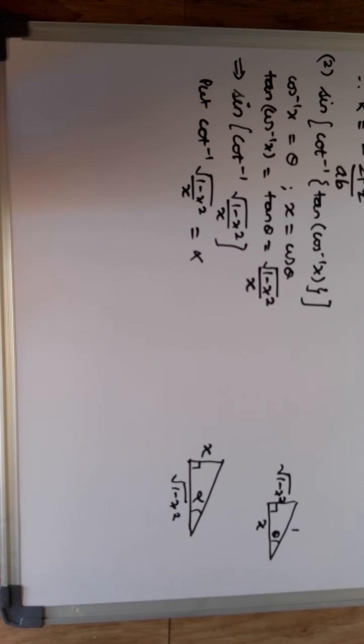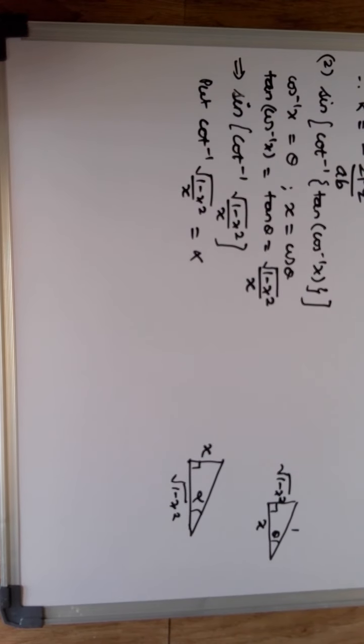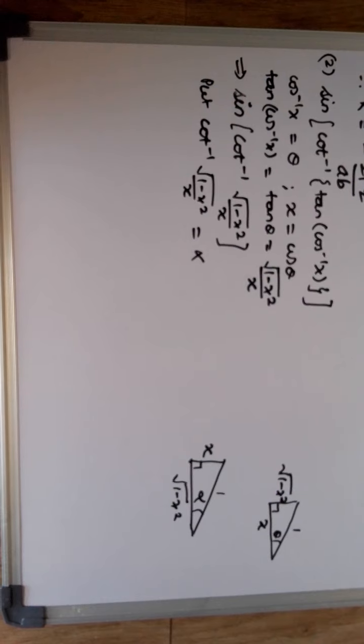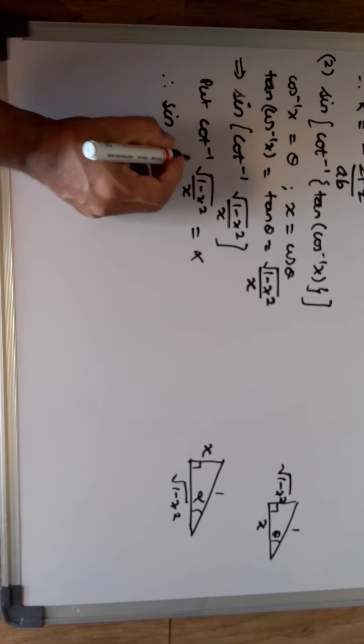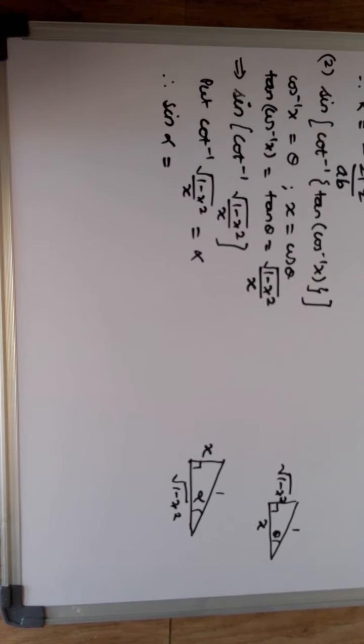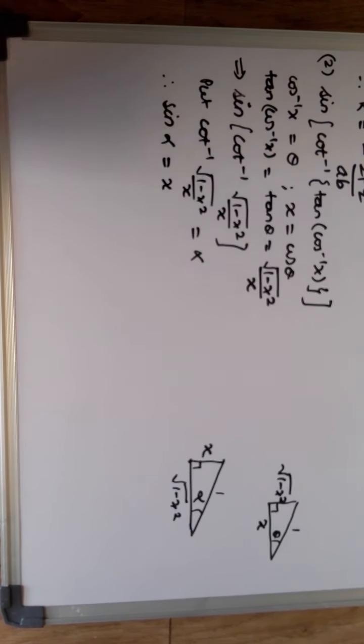I could have even taken tan inverse also, x upon under root, so I have got the same figure. So it does not matter. So here I got this, right? So here if you use Pythagoras theorem, you will get the value of hypotenuse as 1. So therefore your sine alpha will become, sine alpha is your opposite is to hypotenuse, that is nothing but x. So your complete value of this is nothing but x.